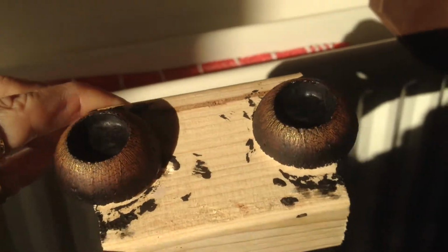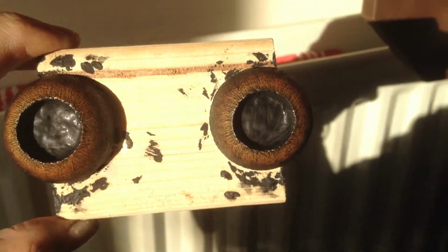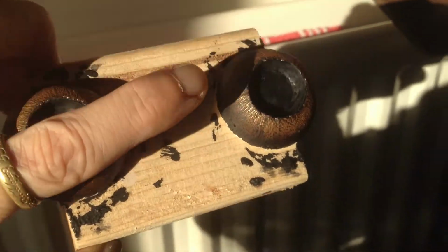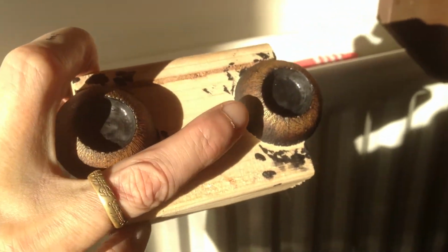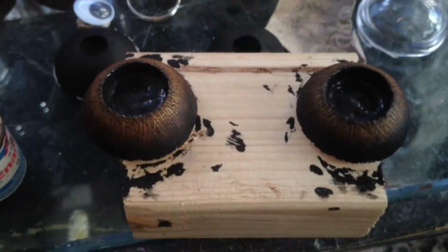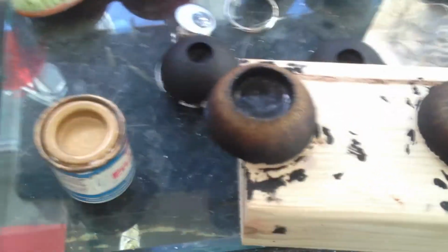Yeah, when I do the matte black in the middle there, it should be like a deep dark hole, and then I've still got to do some white around the whites of his eyes. But I can only do that when I find out, well, because they're dry now, they're dried off quite a bit, so I can show you over here quickly. I've got the balls that I'm going to put in, so I'm going to be putting,